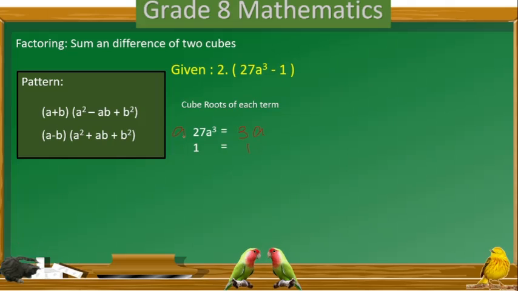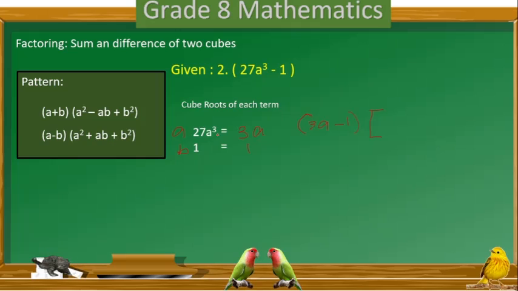This is our a, this is our b. Then we will make a parenthesis, and this example is referring to the second pattern. So our a is 3a minus 1, then